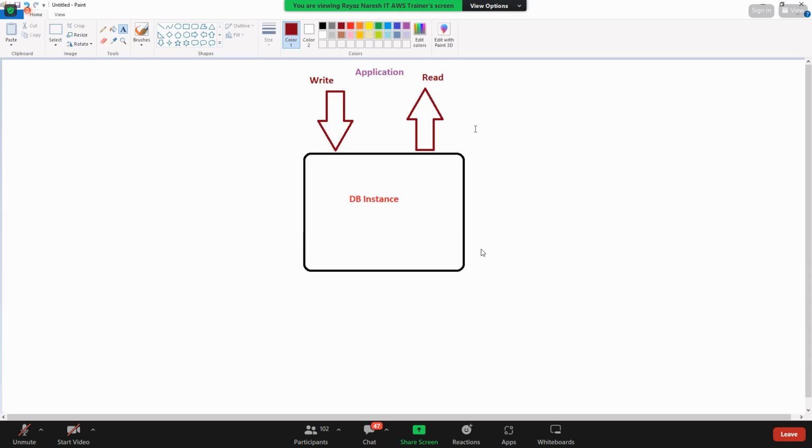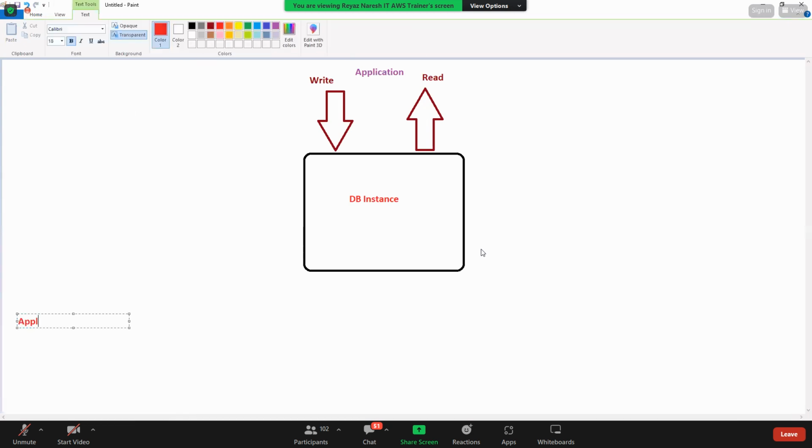If you want to connect to your database, what are the things that you need? So many people, the developers, they know this. From your application, have you heard about connection string? Developers know this connection string. Connection string means where it has the information to connect to your database. So, as many people said, you need to have a host name, a username, the password, and the port number. These are the four things that you need in order to connect to your database.